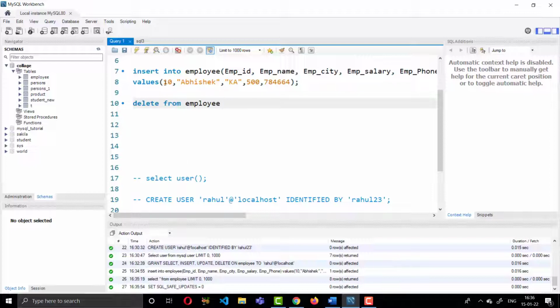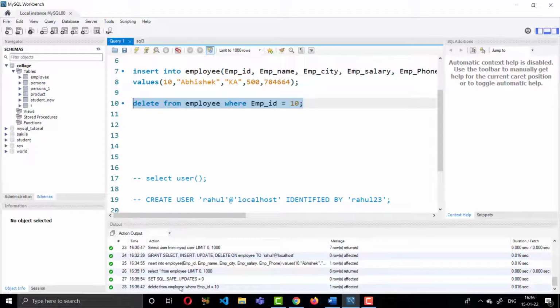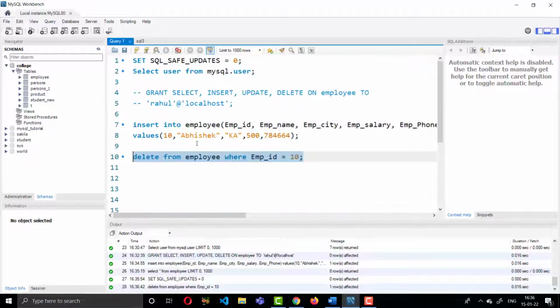I want to delete this ID, so DELETE FROM employee WHERE employee id is equal to 10. Select, run. If you see, the information has been deleted from the employee table by the Rahul user.